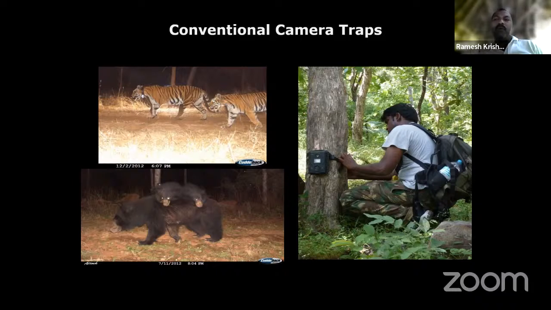Once we get the tiger movement, the forest department can actually have control of the entire population, which is otherwise impossible because you have to see this animal. Seeing a tiger is not that easy. So you actually start seeing the tiger through camera trap. Every week or fortnight, you collate the information and understand where the animals are moving. So this is more of a population estimation or monitoring or even deterrence tool.